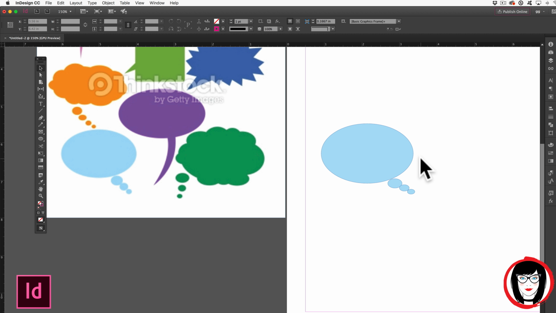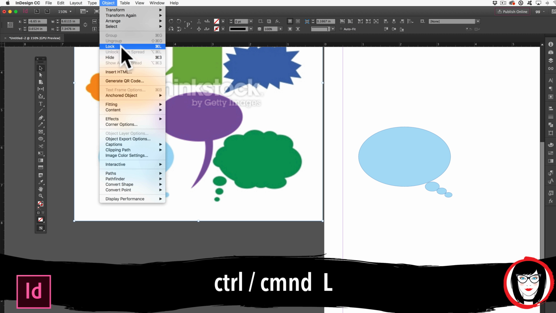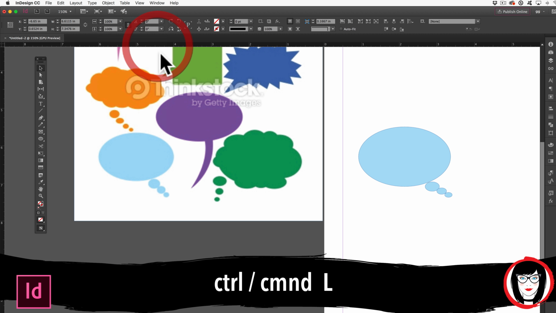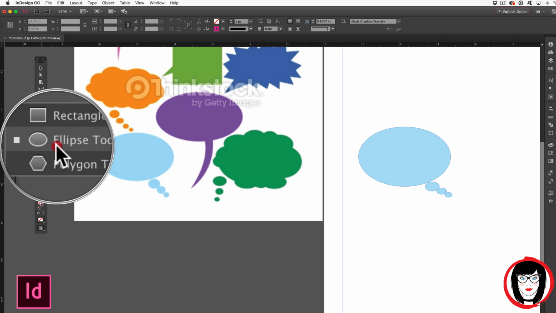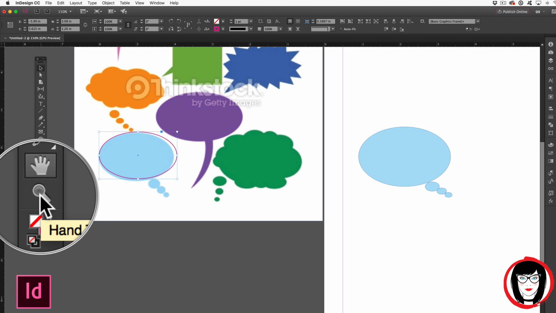If you want to go for precision, what you could do is select the artwork that you placed and then choose Object, Lock, or Command or Control L. So when you have that locked down, now your artwork doesn't move. If I were to come back over here to my ellipse tool and click down and drag out an ellipse on top of my artwork, I'm going to go ahead and zoom in with my zoom tool here,